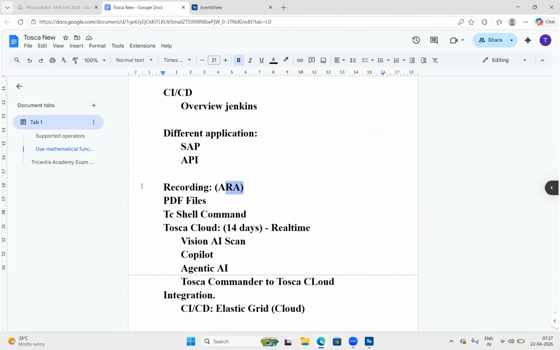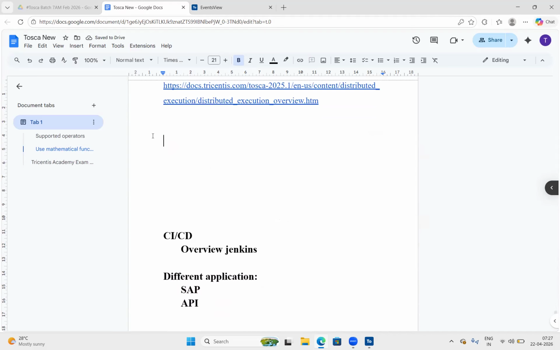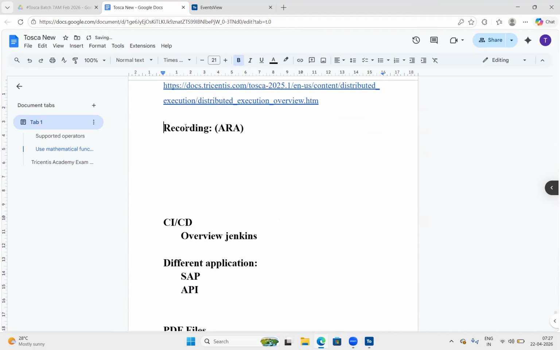One is ARA. ARA I'll tell you today. ARA is nothing but Automation Recording Assistant. In interviews, some people may ask, do you have experience with ARA? Just say, yes, I do. So what exactly does this feature help an automation engineer with from a testing point of view? Very simple, team. It's just that the automation tester puts in manually,